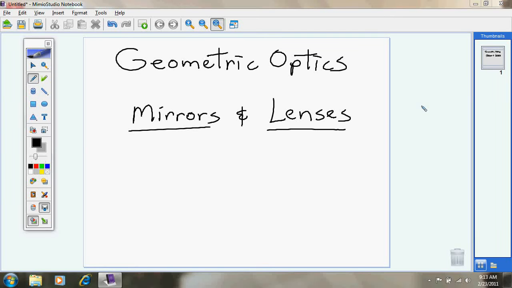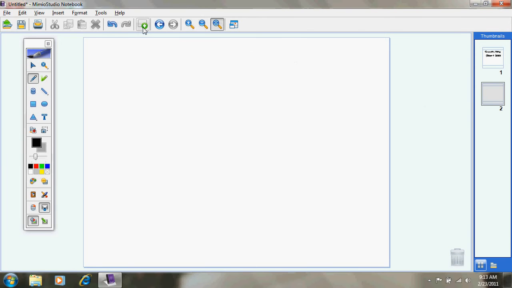So basically the unit is geometric optics, and this is also known as mirrors and lenses. And basically what we're going to do first is review plane mirrors,